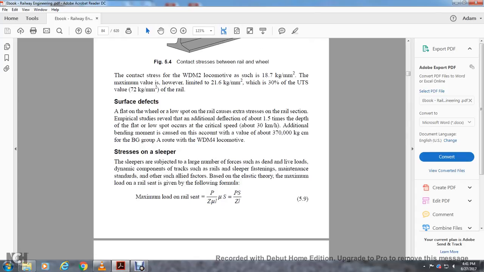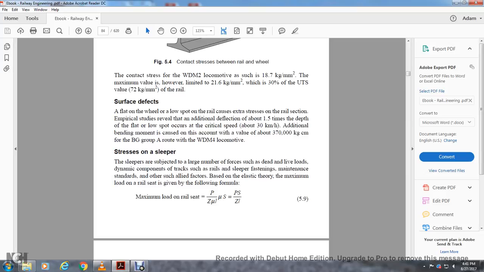Surface defects. A flat wheel on a low spot of the rail causes excess stress on the rail section. The empirical study reveals an additional flexion of about 1.5 times the depth of the flat low spot, occurring at a critical speed of 30 kilometers an hour. Additional bending is caused, with a value of 370,000 kilogram centimeters, from the broad gauge group of routes with the